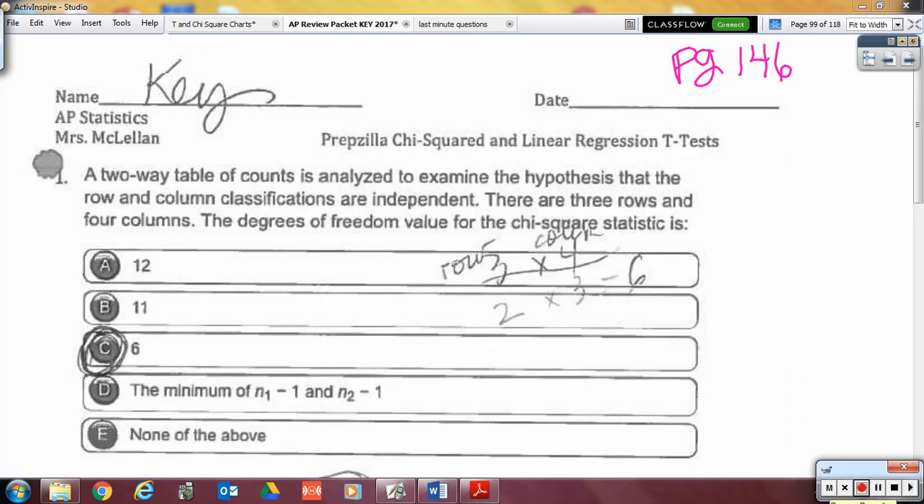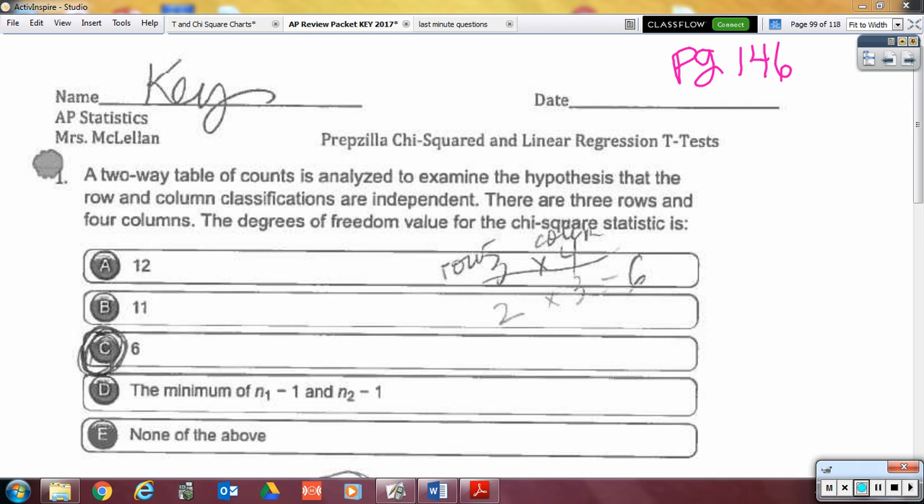Okay, so we're going to go over our last little section here, multiple choice. Okay, part 7, multiple choice on the chi-squared and linear regression stuff. We'll remember some things and go over some of those. So here we go. All right, so this first one is just seeing if you know the degrees of freedom